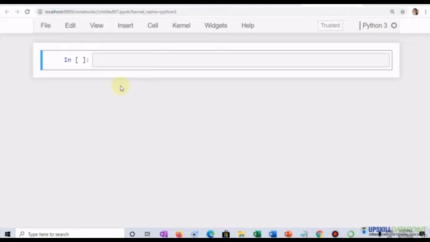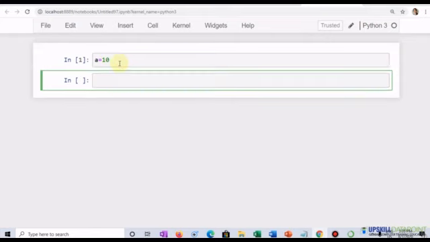After selecting Jupyter Notebook, we get an interface like this where, when we click, this particular line is called a cell, and because it has a green outline around it, it's in edit mode. I can write anything in this cell. So I wrote here a = 10. It's in edit mode, so I am able to write in this. To execute this line of code, I'll press Shift and Enter.